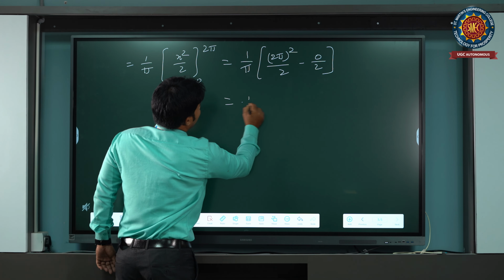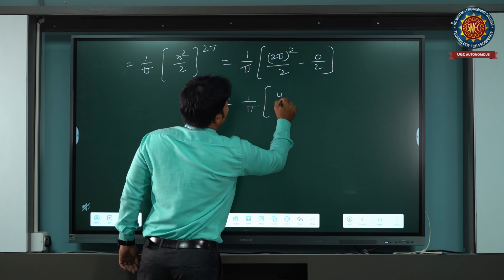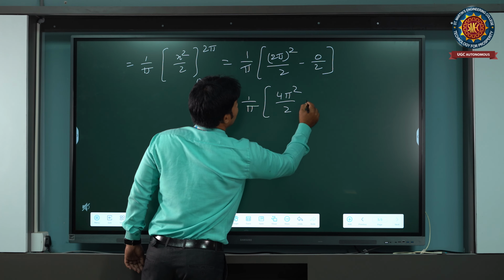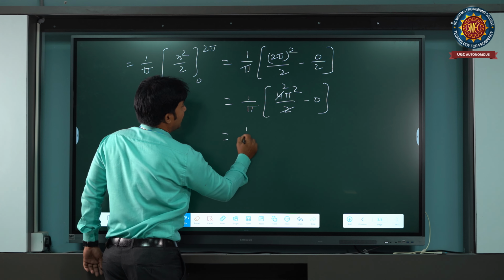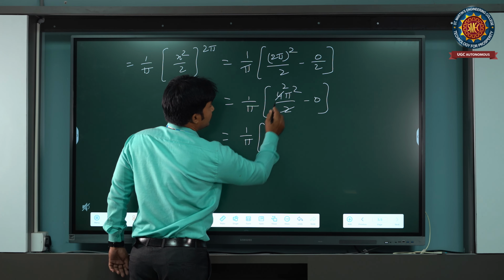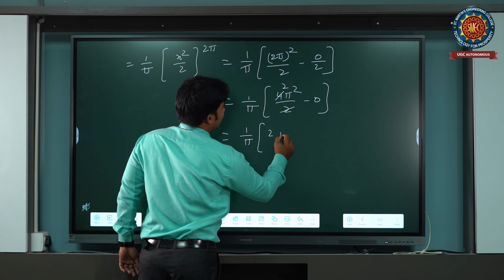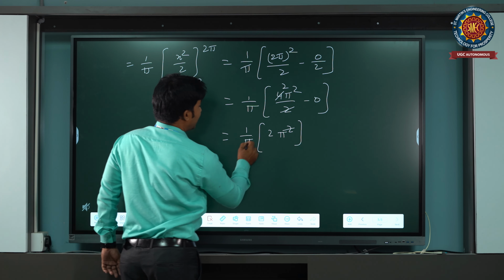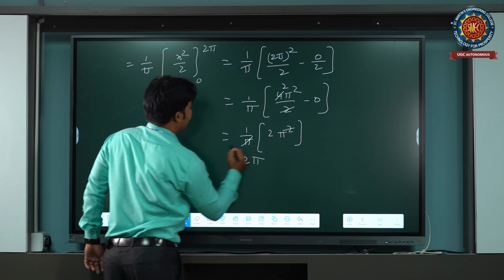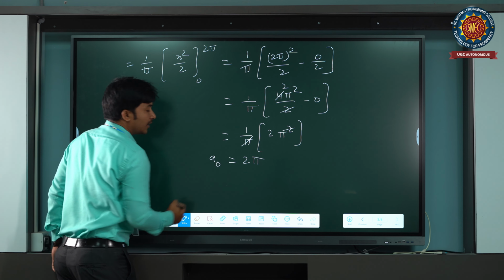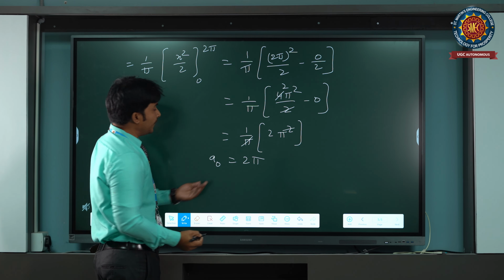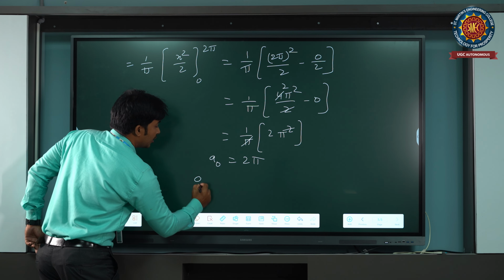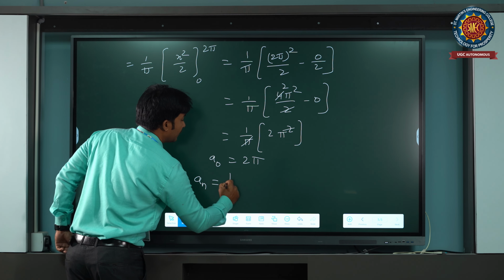That is 1 by pi, 4 pi square by 2 minus 0. The 2 cancels, pi cancels, this is 2 pi. This is the a naught coefficient. The a naught coefficient value is a naught equal to 2 pi, and another coefficient is an,